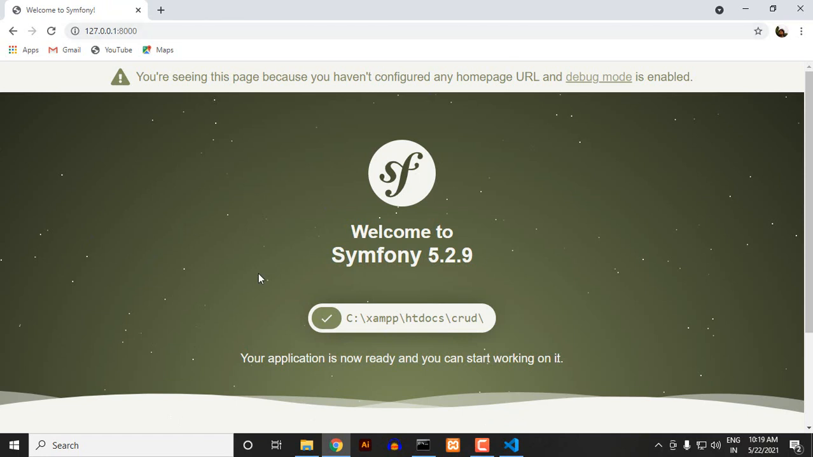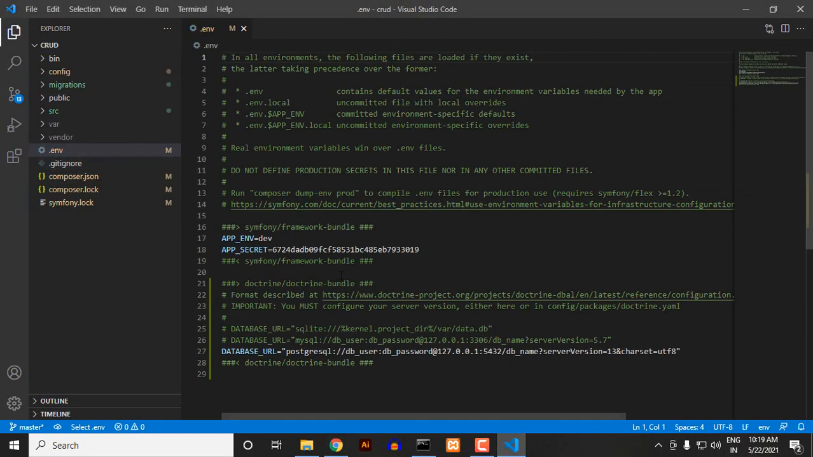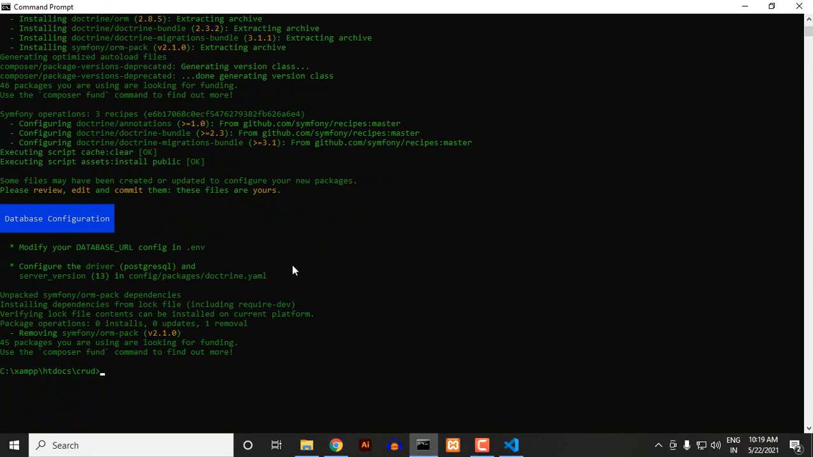And let me tell you guys, if you get confused about where to download all your packages, here you can see the .env file is created, and here we are going to configure our database. As you can see, our ORM pack has been installed successfully. Okay, so first we are going to install all the required packages, then we are going to move towards our